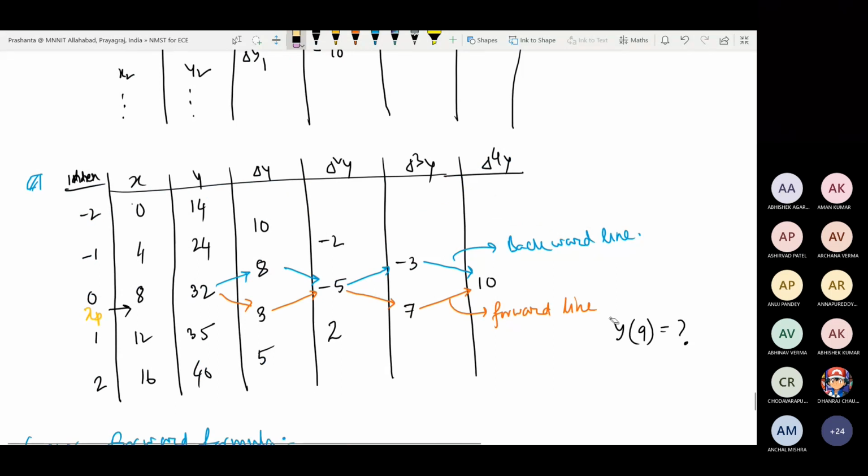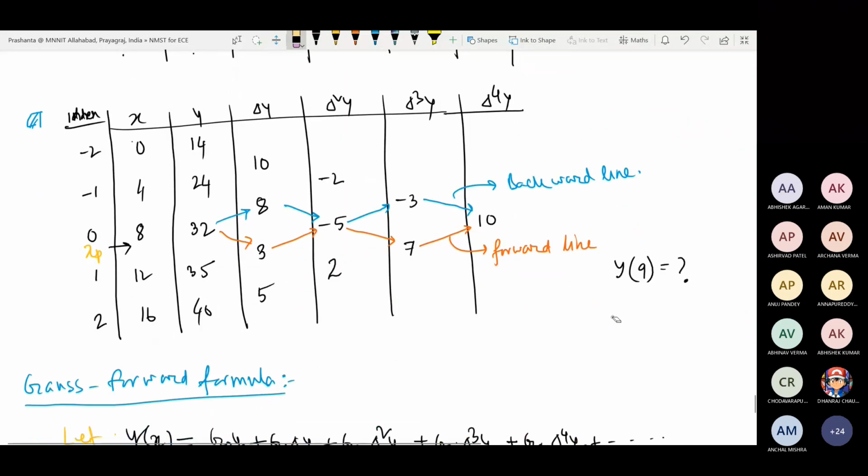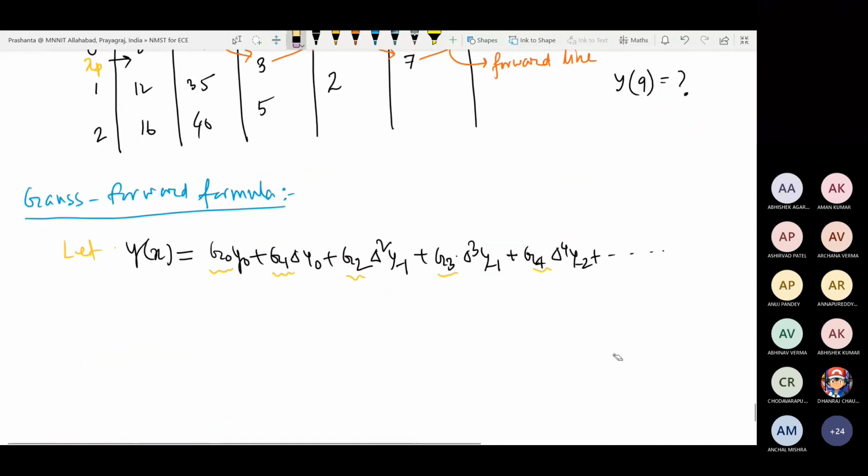So for every x we are assuming that the values are a linear combination of these values according to the forward line. They will be different, that is why I am saying these constants will be changing. They have to be finely tuned so that you get the output values. So G0, G1 will depend on x. As the value of x changes, these constants should change. That is what you have to determine. So y of x is G0 y0, and so on.